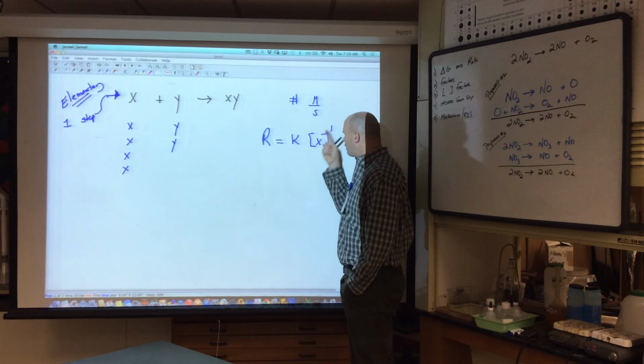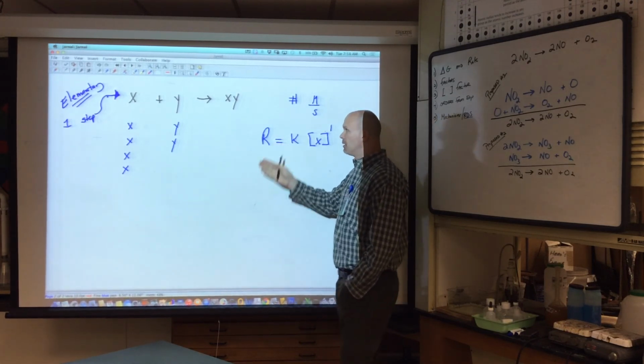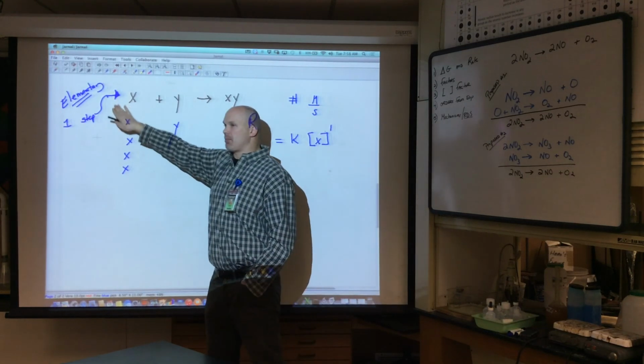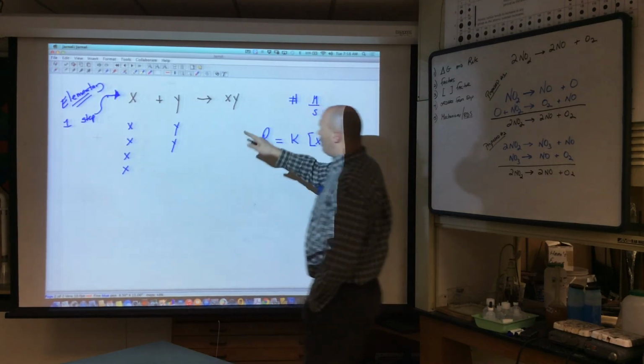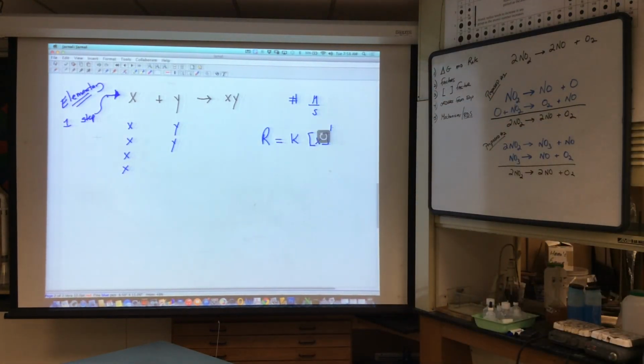I triple this to the first power, that means it's just whatever this is. I triple this. And you can understand that. Now this is only for this elementary step. What if I do the opposite? So what if I